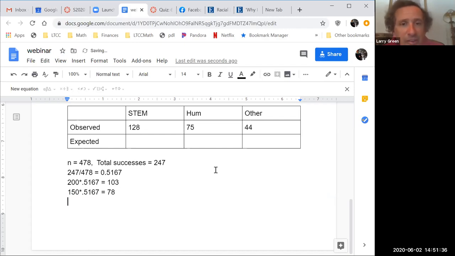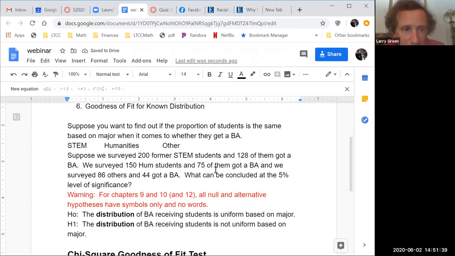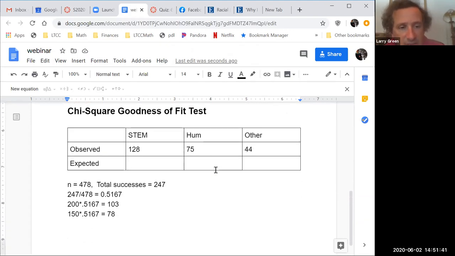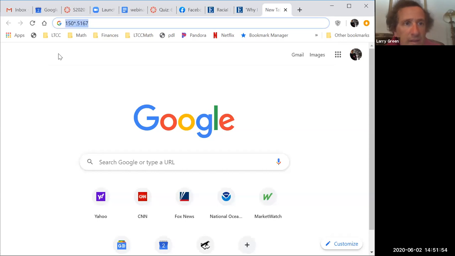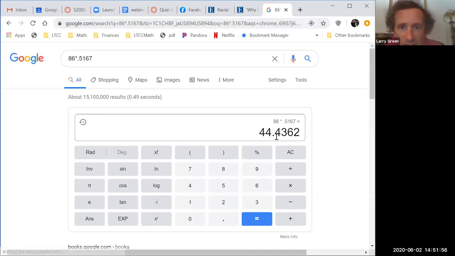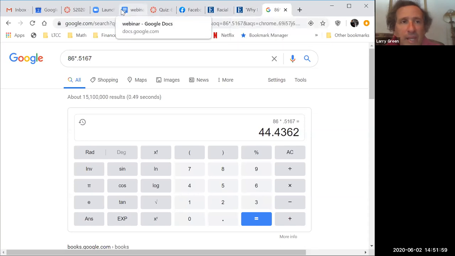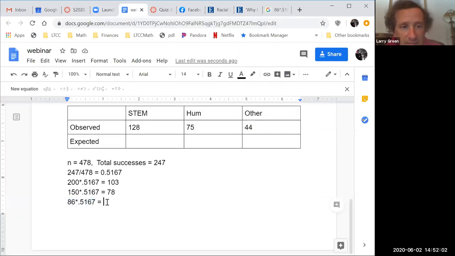And then for the others, there were in the sample 86. So we're going to take 86 times 0.5167. And what you get is about 44. Any questions on those calculations? Okay, those are the expected. And so we have 103, we have 78